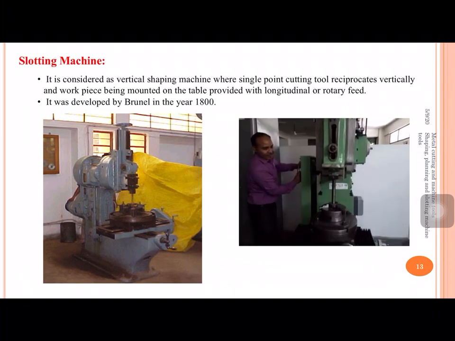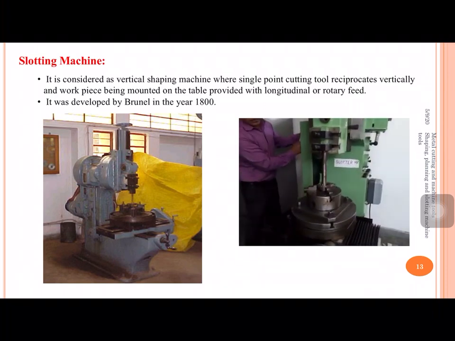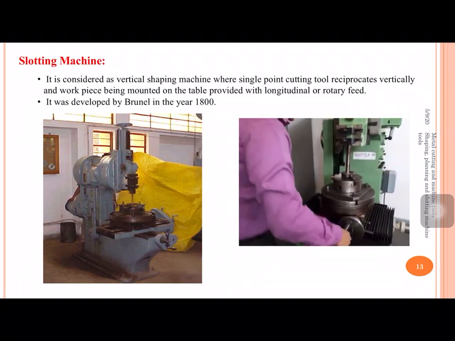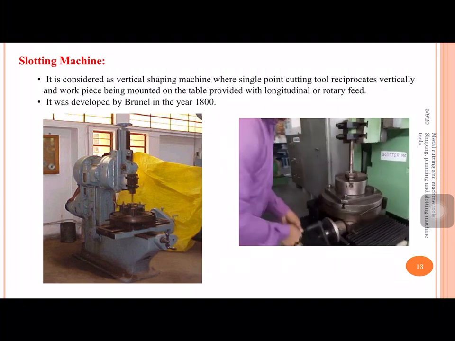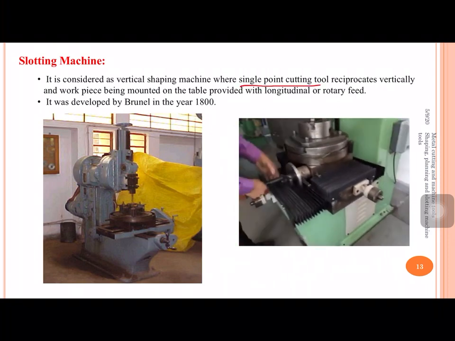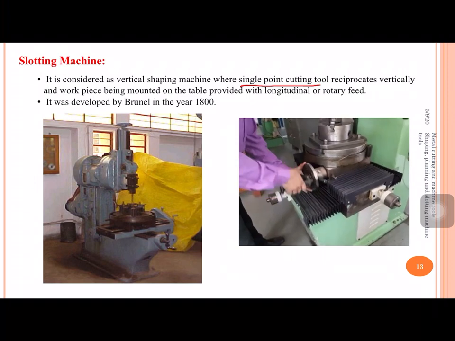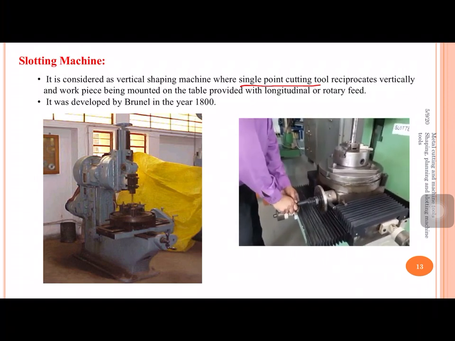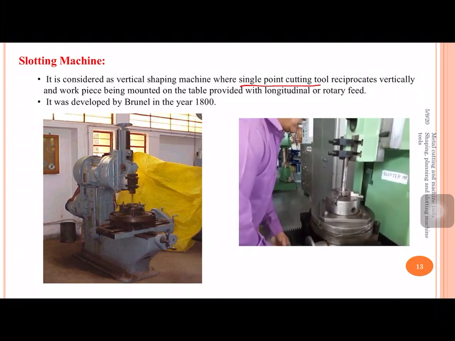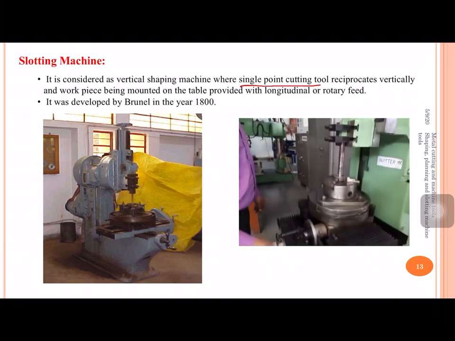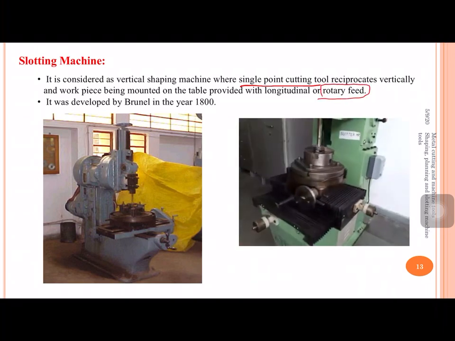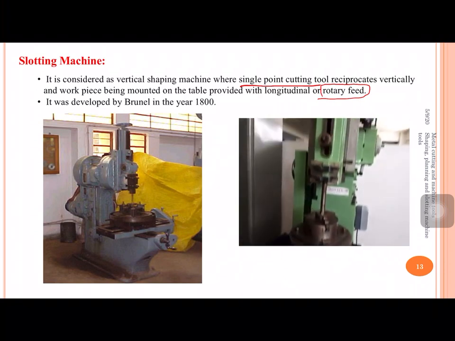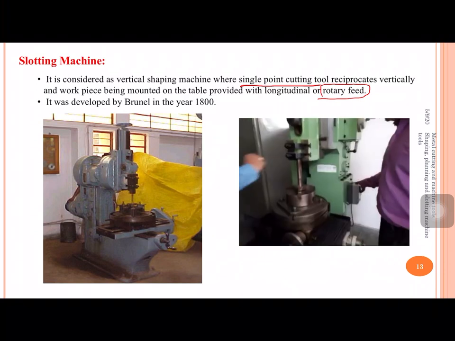Next one is the slotting machine. This may look like a vertical shaping machine which holds the single point cutting tool, and this is moving in the vertical plane, and these are primarily used to get slots. And the table is also provided with rotary feed. These aspects we will discuss in the kinematics of the slotting machine,